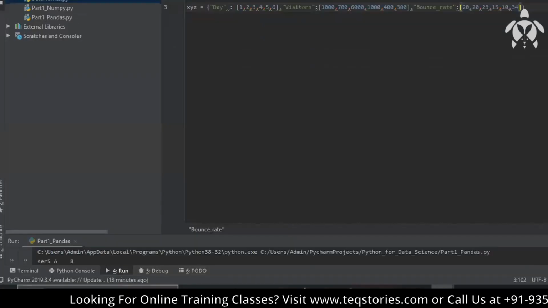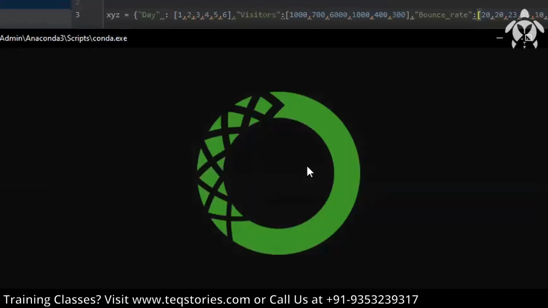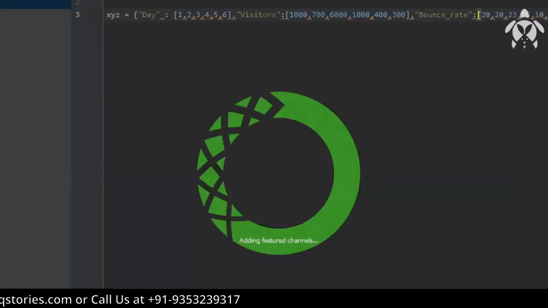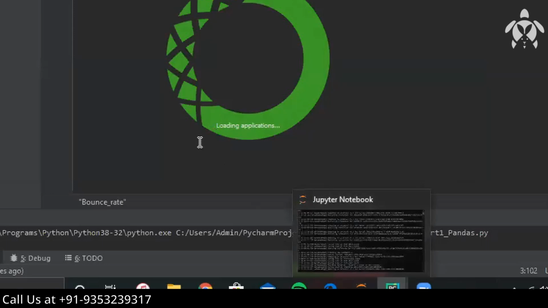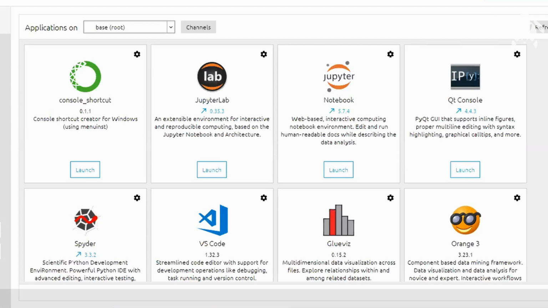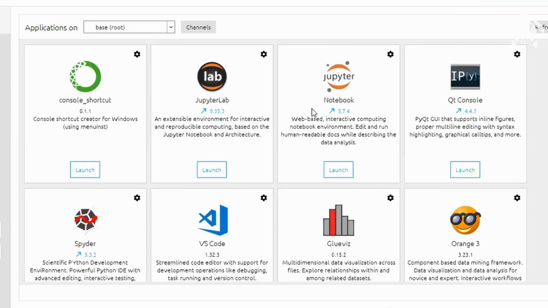Okay. So just try Anaconda. Anaconda actually takes too much time to open. Yeah, this shows it is running because Jupyter Notebook is running here. This is a symbol of Jupyter Notebook. You can see this screen. So this is Anaconda Navigator, and there are so many things: Qt console, Jupyter Lab, console shortcut, and all. Spyder is used for Python. And VS Code, I don't know. This RStudio is used for R programming, and Jupyter Notebook is used for Python programming. So we use this Jupyter Notebook here. You can launch this after clicking here.